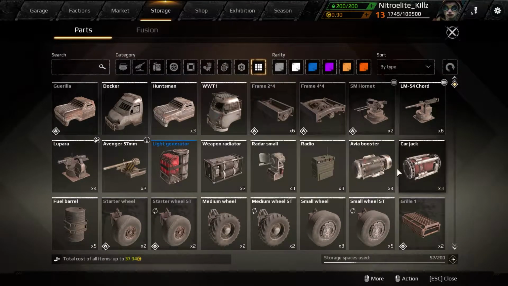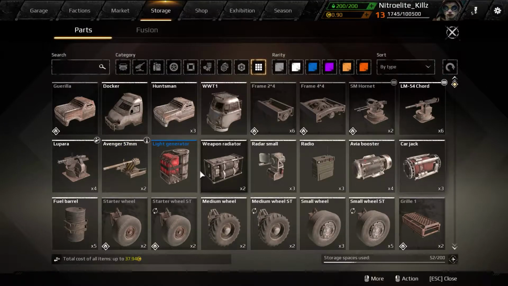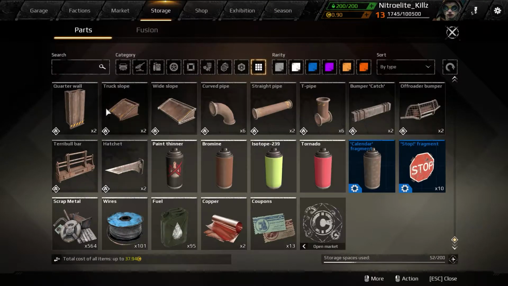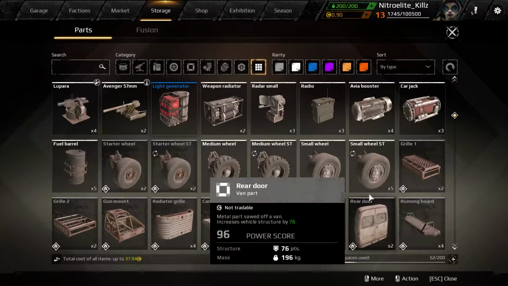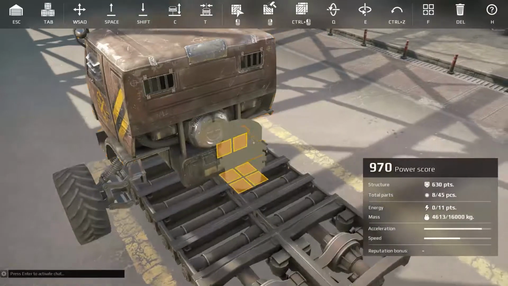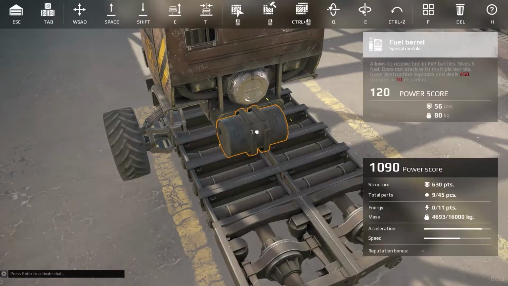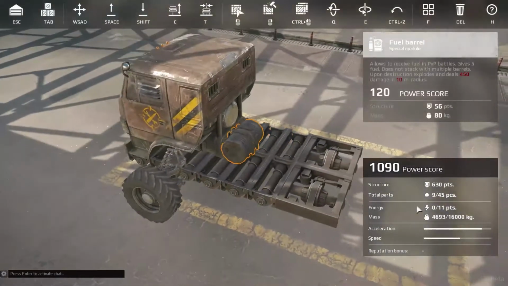So let's start putting some parts in here, shall we? I'm gonna put the fuel barrel in first. That's an important part. Where's it at? I'm blind, am I? There it is. Okay, so we're gonna put that thing right about there. And then we probably got some good amounts of space, because